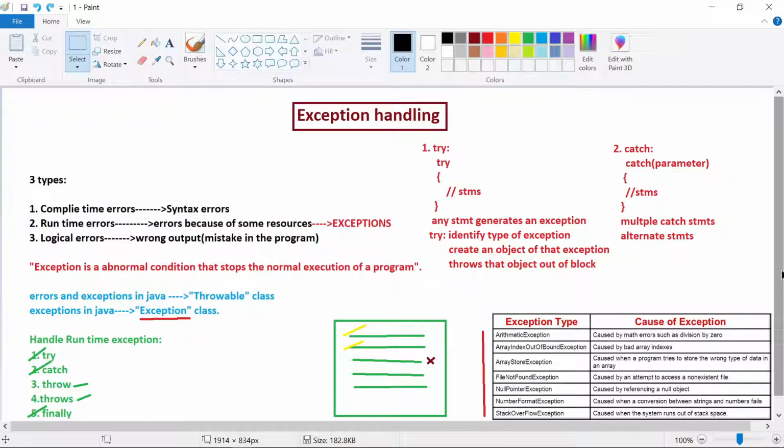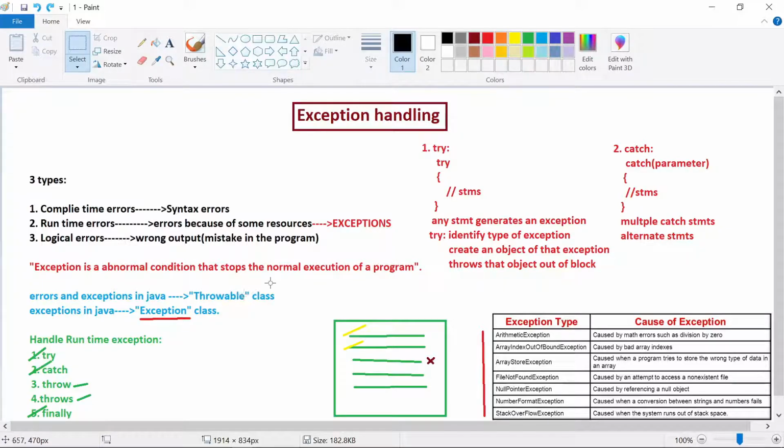So in our last video, we learned about what an exception is, like what type of errors can be possible while programming, and under that we observed that runtime errors are referred to as exceptions. Whenever there is an exception, it will stop the normal flow of execution of your program, but you don't want that to happen. Then we can handle these exceptions by using the Throwable class and the Exception class, any one of these two, right?